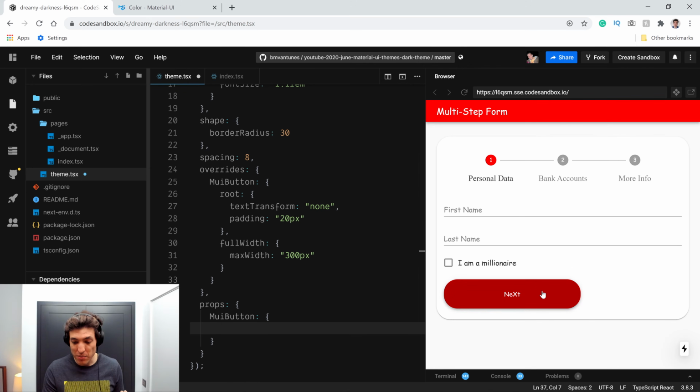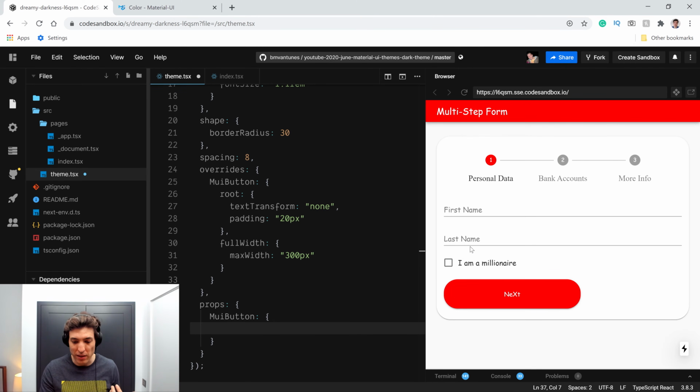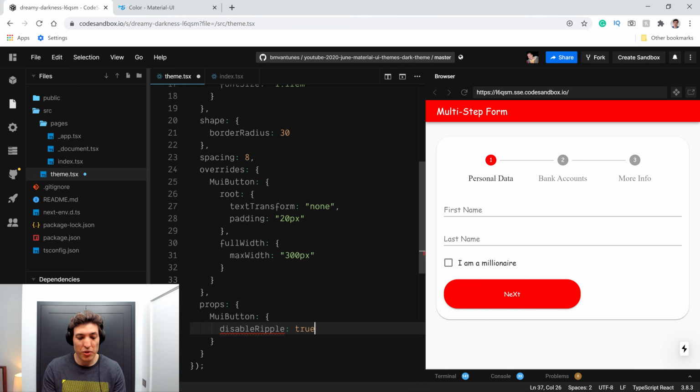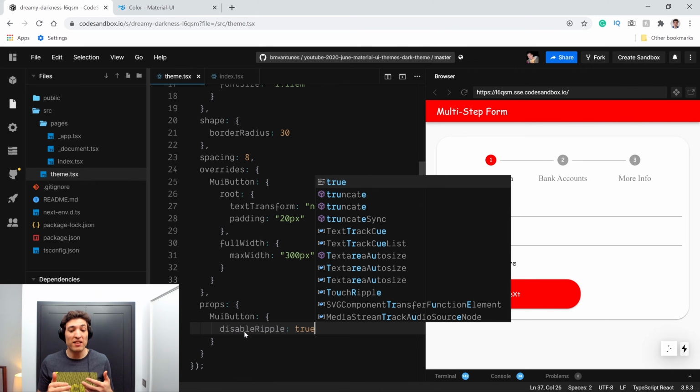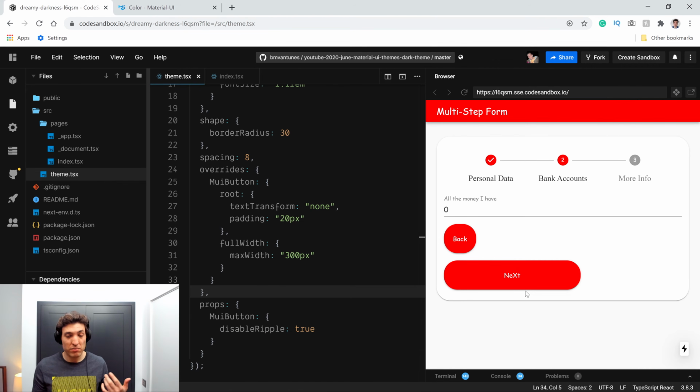So for example, this button, when I click, you will see a ripple, right? You saw the ripple in that button, right? So instead of having the ripple, imagine that in your company, people hate the ripple or it is not even in the style guide. So you can come over here and say disable ripple to be true. So you don't need to say this anywhere else in your application. And now when I click, there was no ripple whatsoever in that button, which can be great for you.